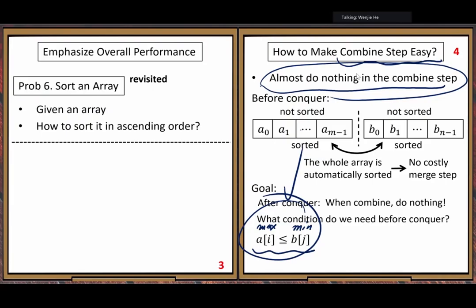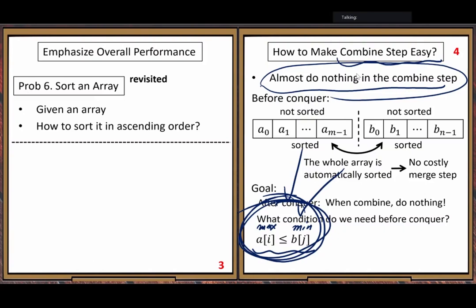We can get that big theta of one efficiency in our combine step. But the question is, how do we get this property from the divide step? The main goal of the divide step is to make sure our data has this property.